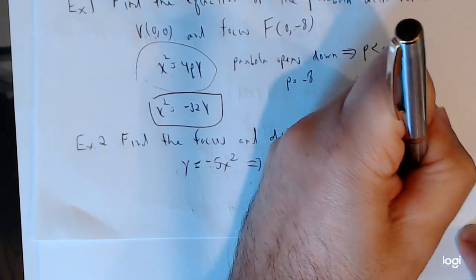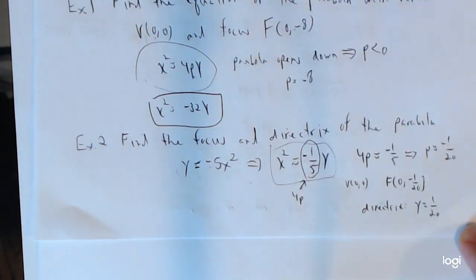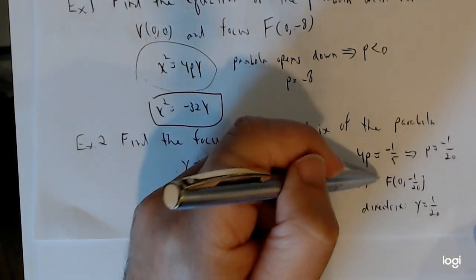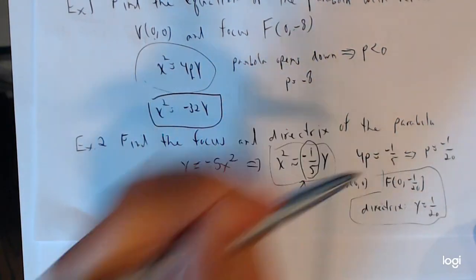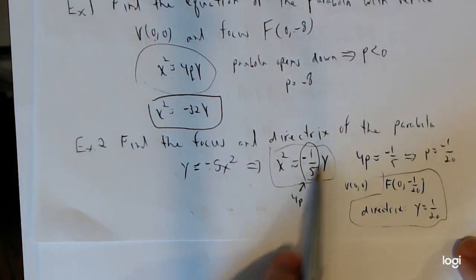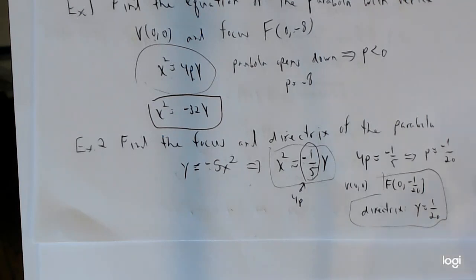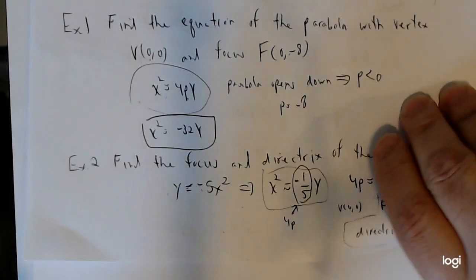the directrix will be y equals 1/20. And so there you have it. We found the focus and the directrix just by literally looking at this equation. And remember, the key was finding what P is. Once you find P, then you're good to go. Okay, so with that said, let's move on to